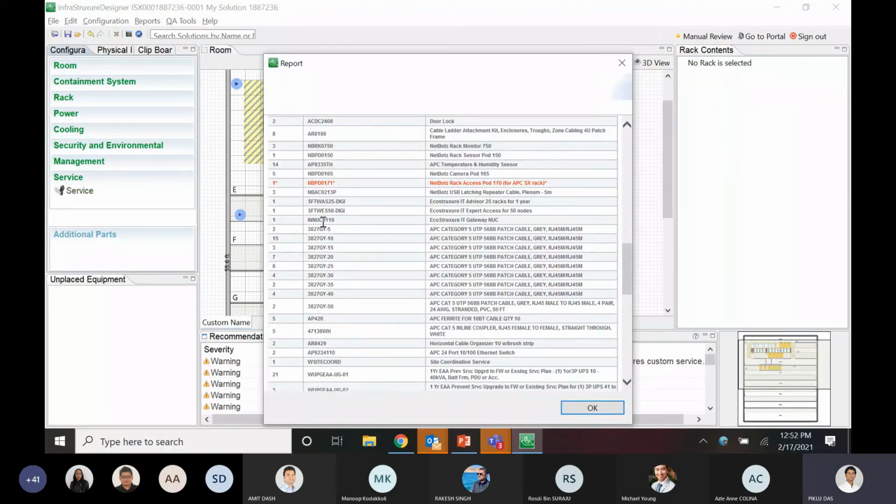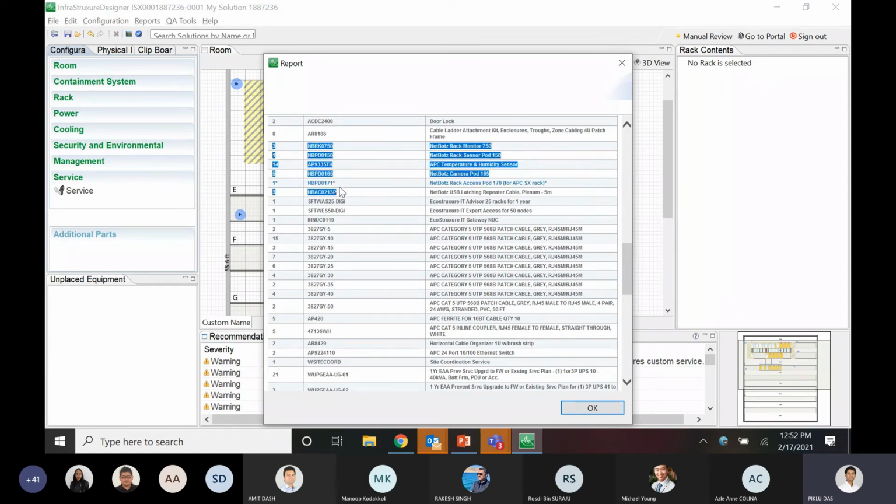So you can see here, as I said, we have just configured the NetBoard. So these are the SKUs based on the logic that we have running in the background, and based on the number of devices that we have on the floor, we are getting the respective quantity for each of these SKUs.